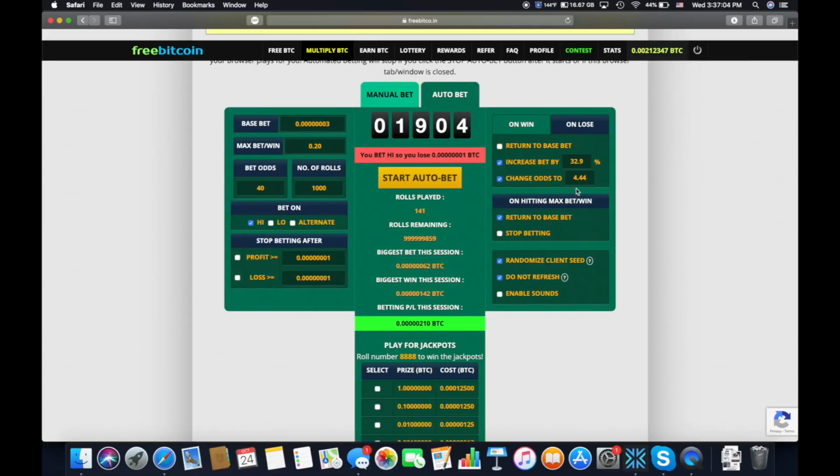Then after that, your odds are 4.4%. And you're increasing by 32% after each time you lose. Now this one, you can always keep these on as well. I didn't mention that. This one you're going to earn a little bit quicker, but you do